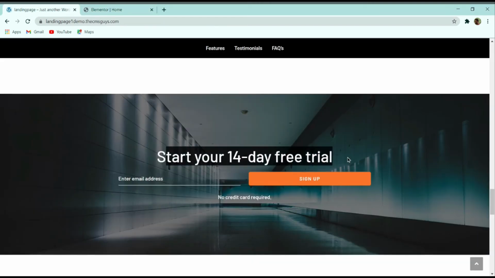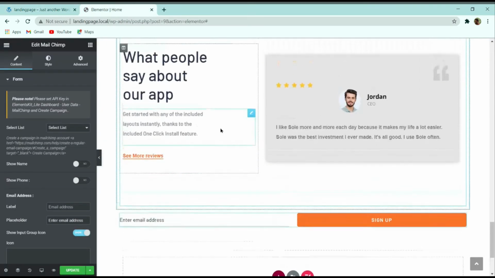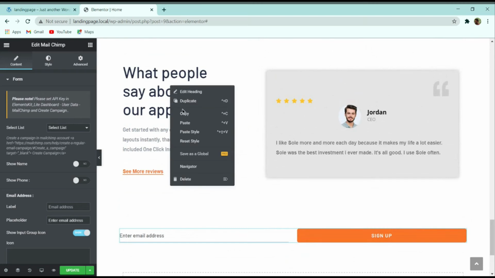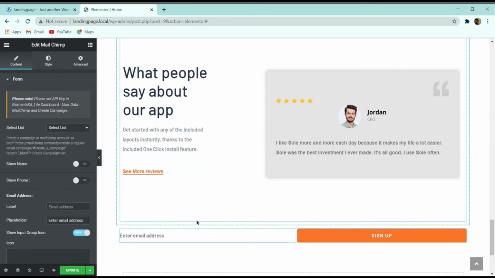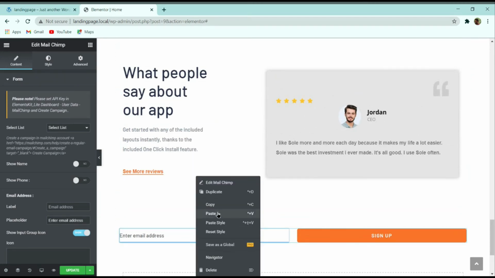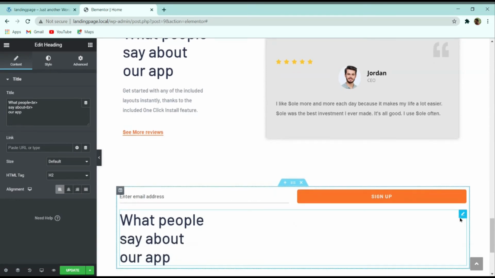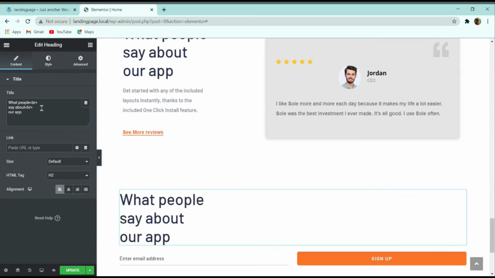And then here you can see that first we have a text title over here. For this title, we can copy this one from here. Let me copy it and paste it in our section. In this title section, I will paste the text.